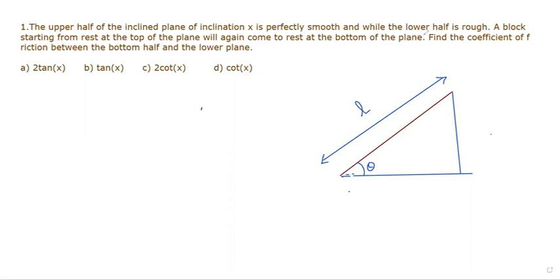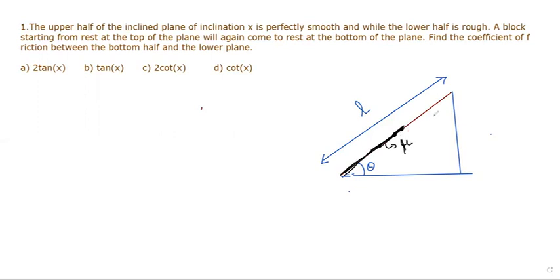They said that the upper half is smooth, which means that the lower half is rough. So to designate the rough surface, I consider this is the midpoint. It's not exactly, but still, we'll assume that this is the midpoint. That would be fine. So this half surface is rough, and the rough surface has a coefficient of friction mu.